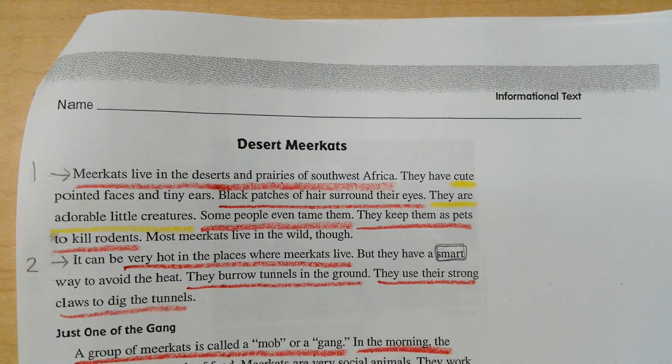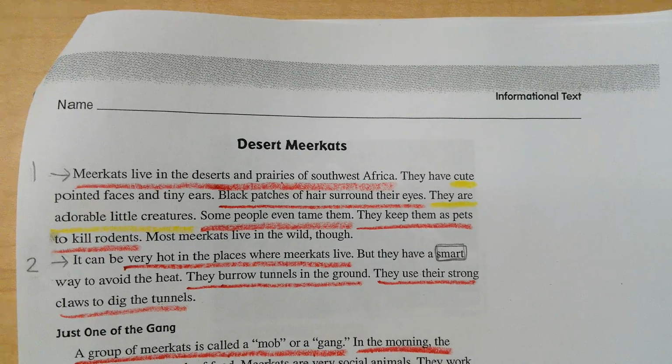Hello. Today we are going to examine desert meerkats another time. This time we're going to learn about informational text and we're going to understand what it takes to become a persuasive article. And so in class, you've heard me explain genre. And genre is a type of story or a type of book. And some genres that we talked about before were folktale and biography, but today we're going to talk about expository